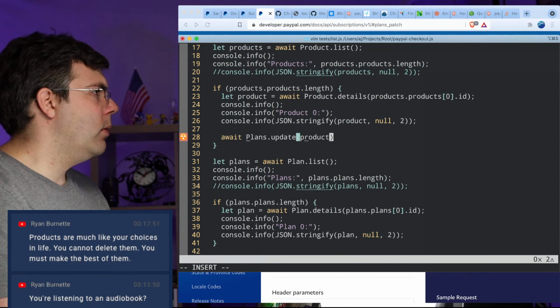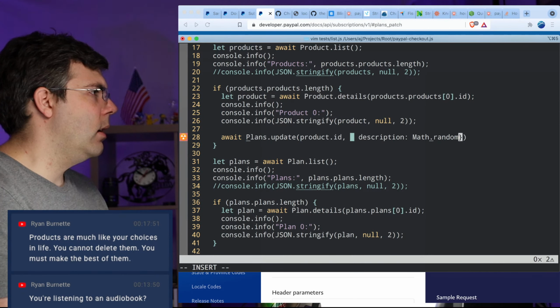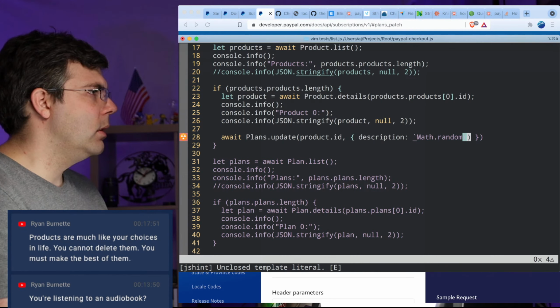So this will be product.id and description will be, we'll need some element of randomness. So we could just use math.random, I suppose.